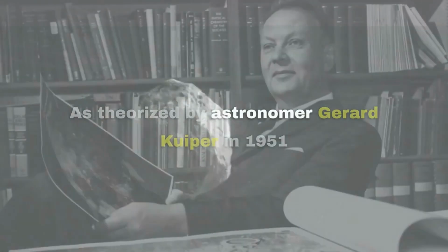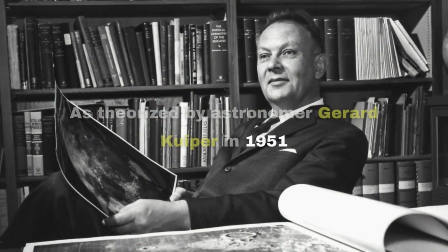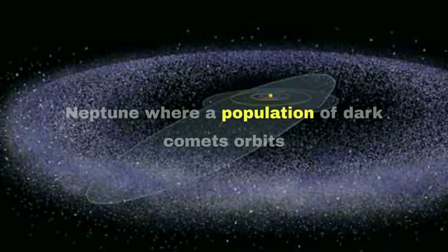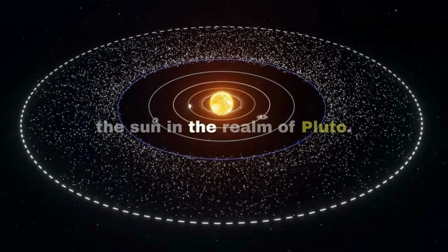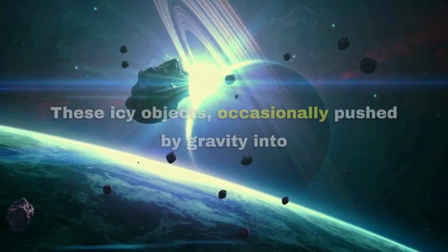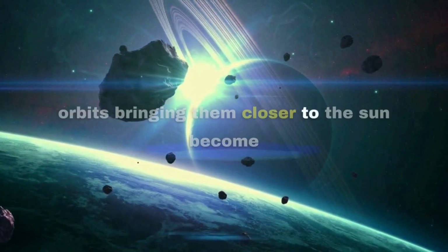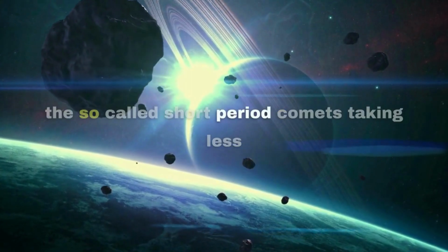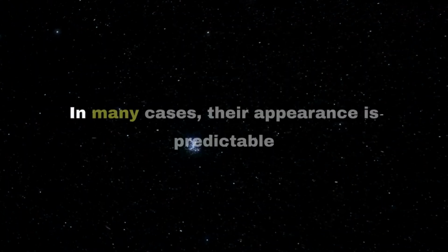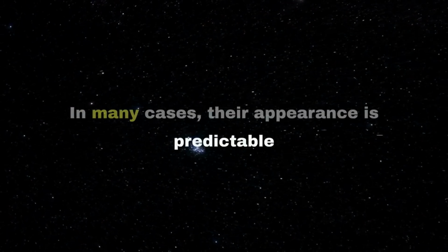As theorized by astronomer Gerard Kuiper in 1951, a disk-like belt of icy bodies exists beyond Neptune, where a population of dark comets orbits the Sun in the realm of Pluto. These icy objects, occasionally pushed by gravity into orbits bringing them closer to the Sun, become the so-called short-period comets. Taking less than 200 years to orbit the Sun,